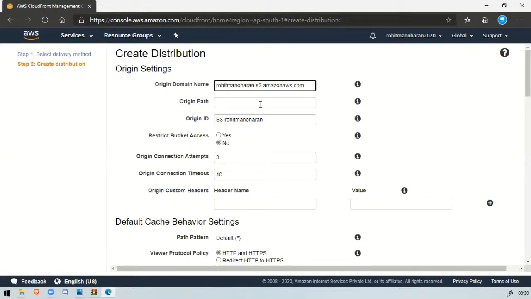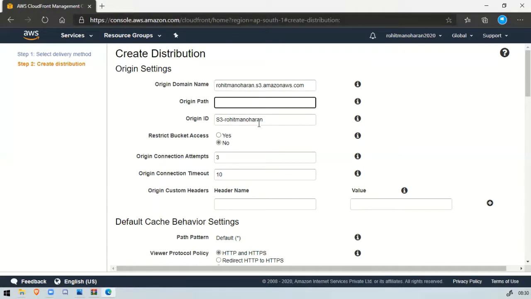The next thing is origin path, which means a directory inside the origin, which basically means a folder inside an origin. I don't have any folder inside my bucket, so I don't want to fill it in. If you have folders, you can specify a specific path. The origin ID they will set for me, so it's okay: S3 Rohit Manoharan.